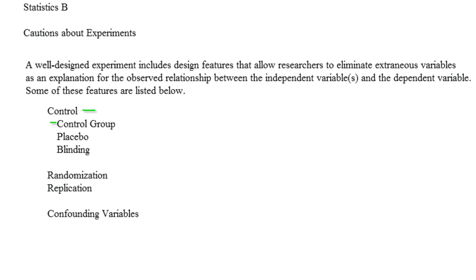Okay, now blinding, and there's also double blinding. Blinding: if the participants in the control group know that they are receiving a placebo, the placebo effect will be reduced or eliminated, and the placebo will not serve its intended purpose. So what you need to do is not tell the control group that they are actually receiving the placebo. So that's called blinding. Now, double blinding,